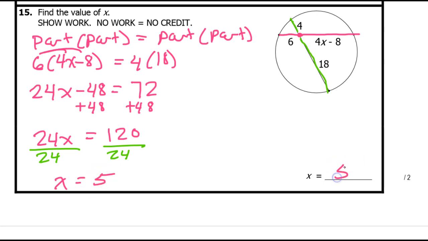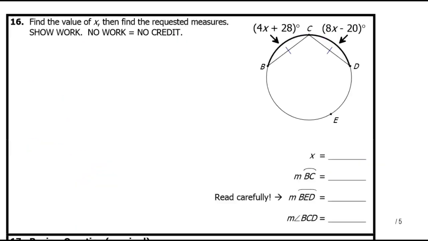So x is equal to 5. Here's another segment relationship that's sort of common sense. If the chords are congruent, then the arcs are congruent. So you can see that these two chords are marked congruent. That means that the corresponding arcs must also be congruent, which means that 8x minus 20 must equal 4x plus